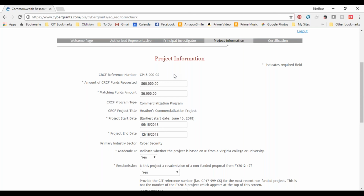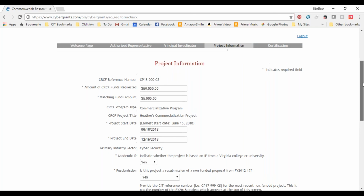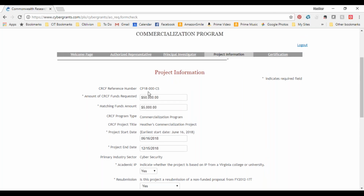This is different than the 8-digit request ID that was assigned via the online portal. Moving forward, please always use the CIT reference number when preparing your application materials or when contacting our staff. The program guidelines will direct you to use this number in the file name for all uploaded documents. Note that it's at the top of the project information page, right here,